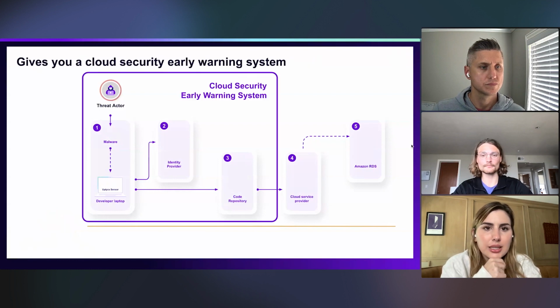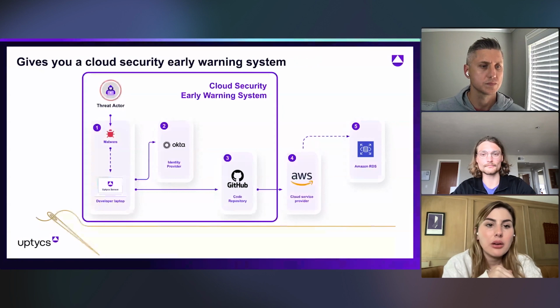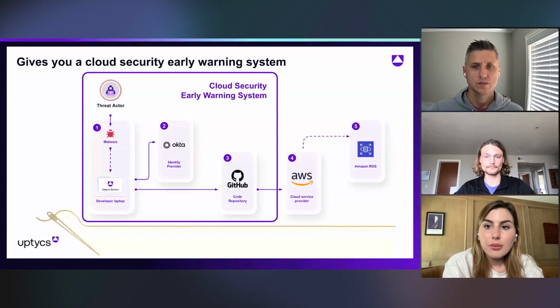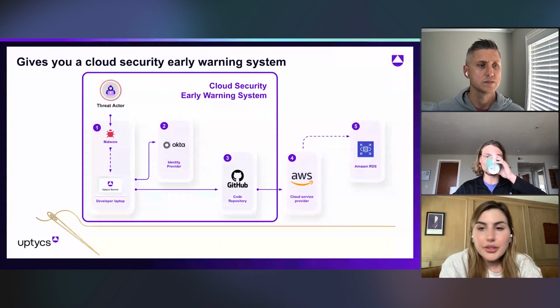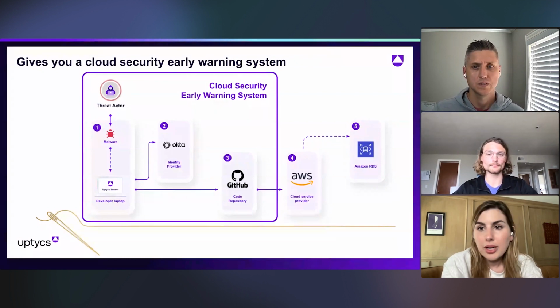And here, there's a little lag, but here is what we call our cloud security early warning system, where we've introduced features around Okta and GitHub. So you're actually monitoring what your developers are doing as you're moving code from repos into production. And so you're going to understand that a threat actor is in your environment far ahead of them accessing your cloud workloads at runtime.